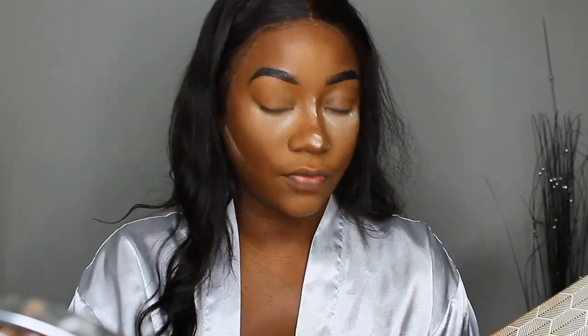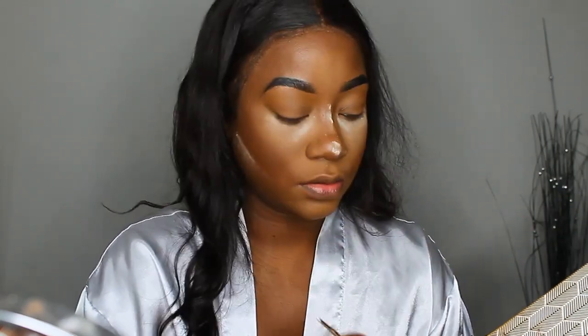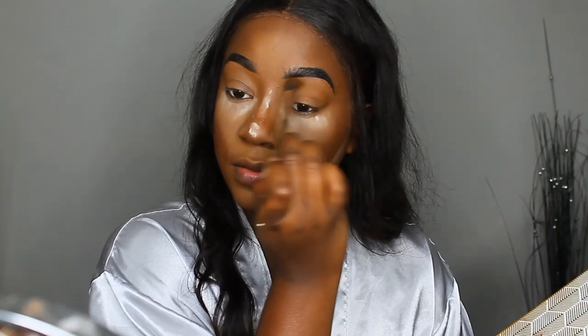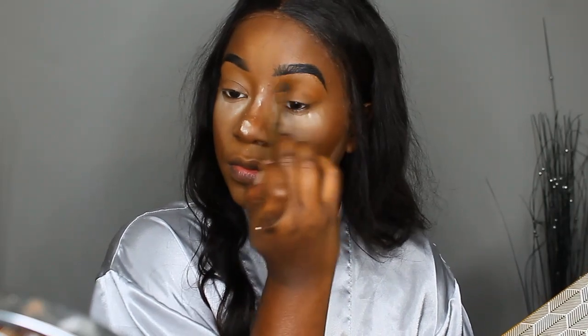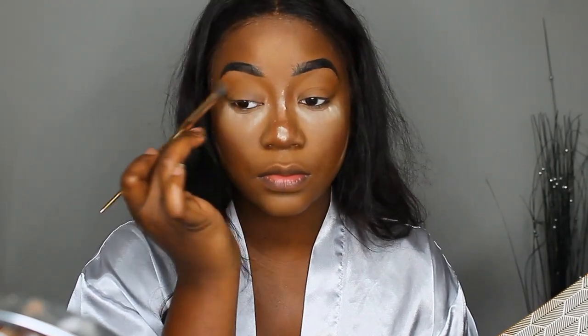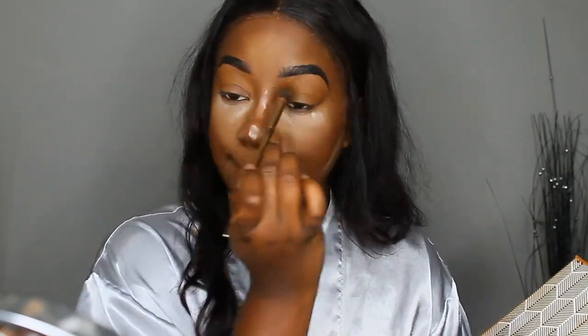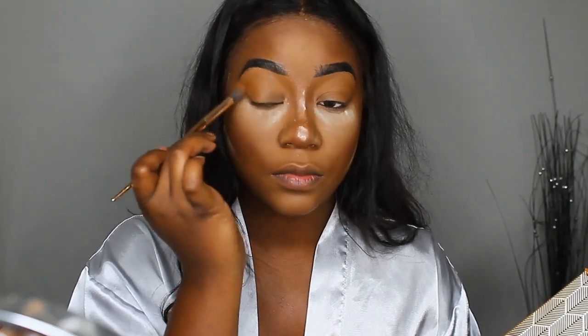Oh my gosh, the fact that I did not apply any eyeshadow base. Oh, goodness. Goodness gracious. Boom, that is the base. And then I'm gonna go in with